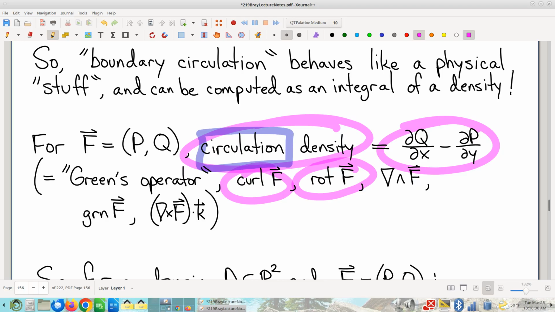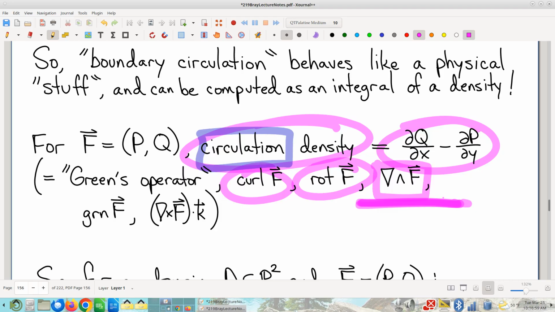It's just the density of this accumulating quantity called circulation. By the way, a couple other notations you should be aware of. This one right here is interesting. Del wedge F. Y'all remember the wedge product from back in chapter 1? I guess it was late chapter 1. Yeah, it's in the section on cross products and determinants. And at the end, I mentioned this thing called wedge product.